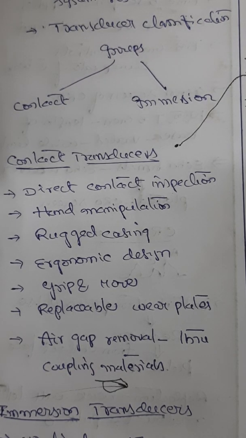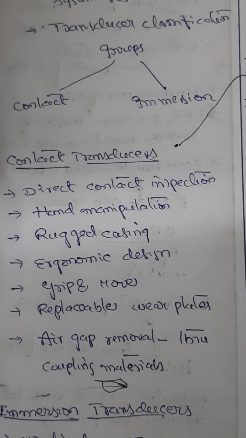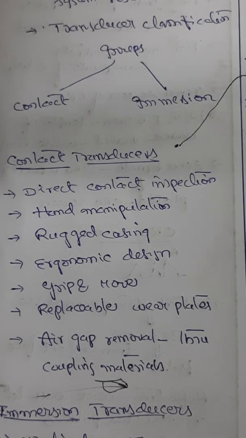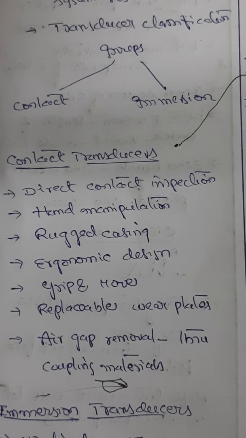If you recollect the last session, I told you that I will come back to both the contact method and the immersion method once again. In the contact method, the transducer is brought in contact with the test specimen using a suitable couplant. Mostly these couplants are organic liquids like oil, grease, etc. The couplant is used to avoid the formation of an air gap between the transducer and the test specimen. There are straight beam and angle beam techniques involved in this.